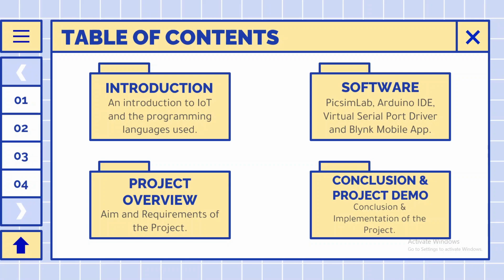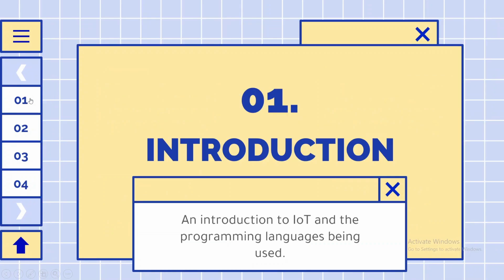The third one, we see the project overview, which is the aim and requirements of the project being explained. The fourth one, and the most exciting one in my opinion, is the conclusion and the project demo. So moving into the first one, which is introduction,